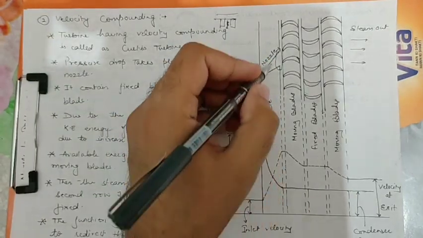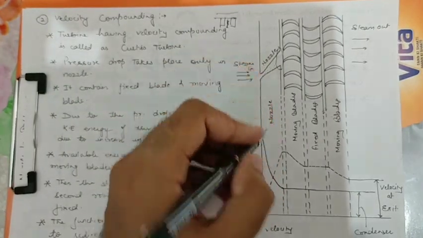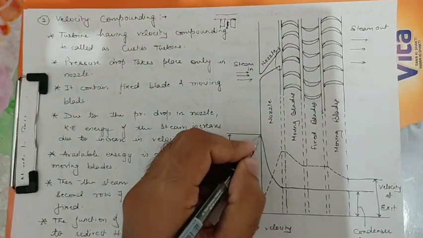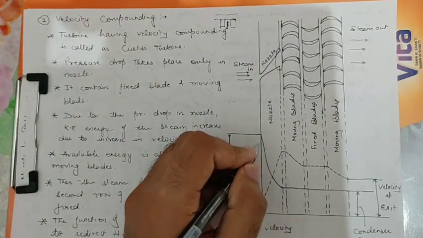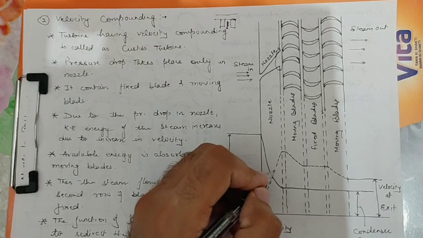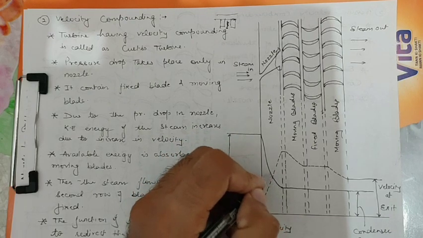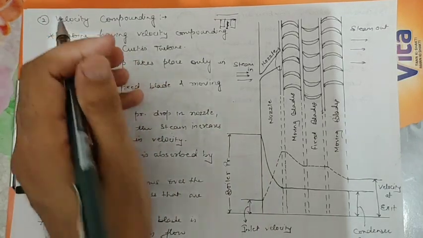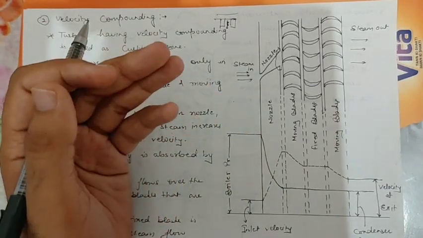And you see that the pressure drop takes place only in one nozzle. So this is the final pressure drop in which the whole pressure drop is taking place. So less work is produced by this type of turbine. This type of turbine is not suitable to produce a large amount of power,